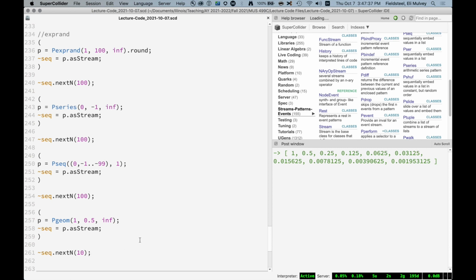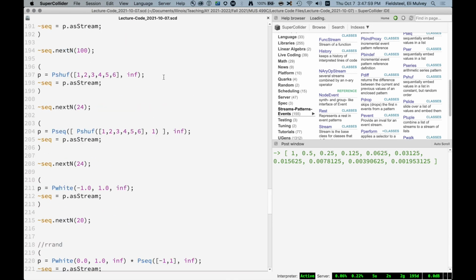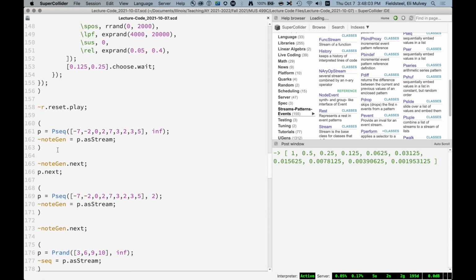All right, so I wanted to give you just a quick teaser of what we're going to talk about next week. These patterns are all classified as and considered value patterns. They specify a sequence of values, usually numbers. Not necessarily. There are some exceptions, like for example, P-seq can be used to spit out